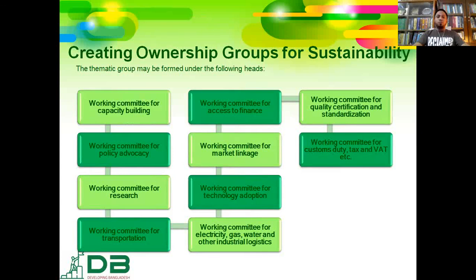Because in the ownership group creation, several thematic groups may have to be created. For example, a working committee for capacity building. For cluster-level professionals, entrepreneurs, and workers capacity building, we may need a separate group. Then a policy advocacy group, a committee for research and development, a committee for transportation and logistics facilities, a committee for access to finance, a committee for market linkage, a committee for technology adoption, and